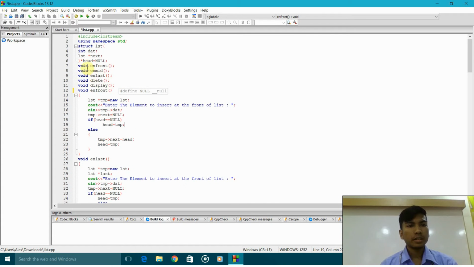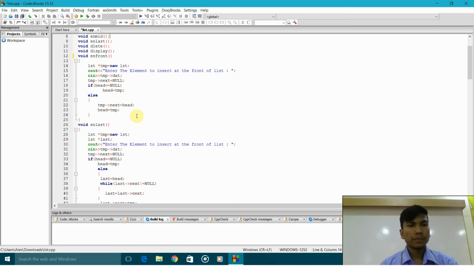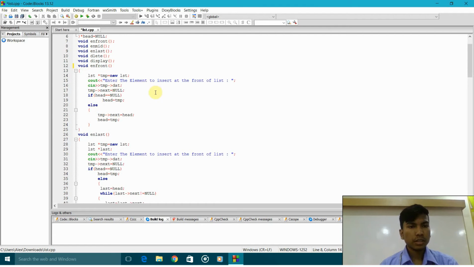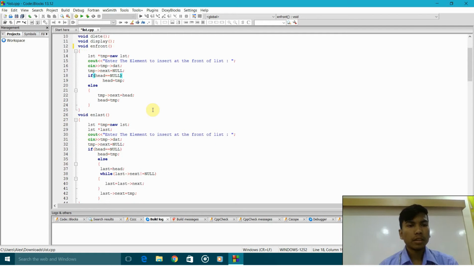And in the structure part, I have initialized a head. This will always point to the front of the list. We initialize it to null. When head is equal to null, it denotes that the linked list is empty. So during inserting, we will first check whether the list is empty or not. If it is empty, then the element we have just made will become the head, because it will be the first element. But if it is not empty, then what we will do is